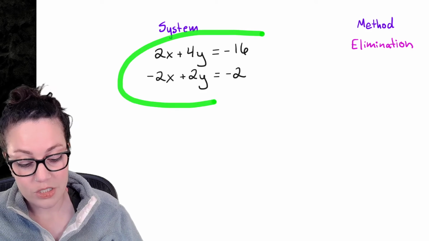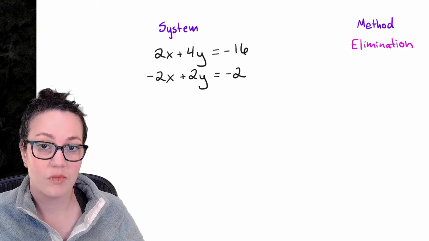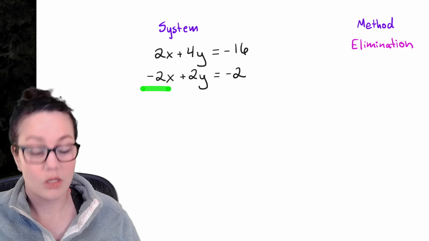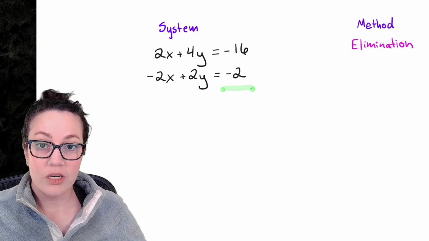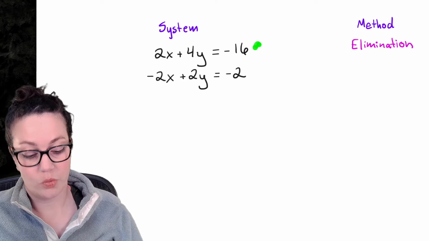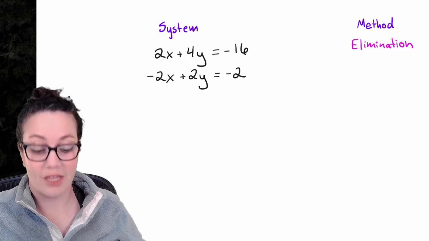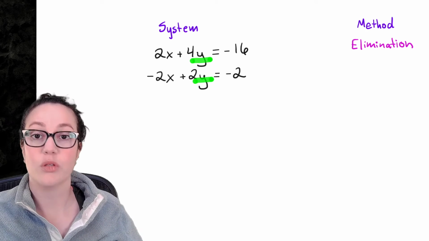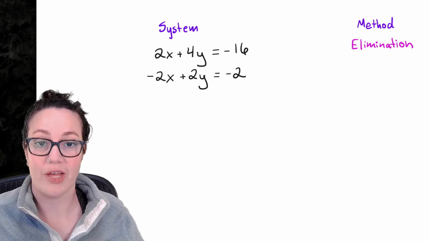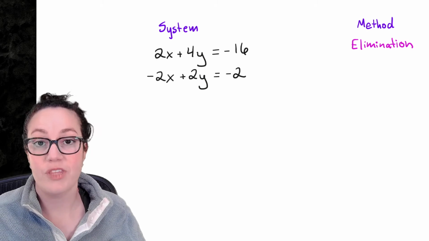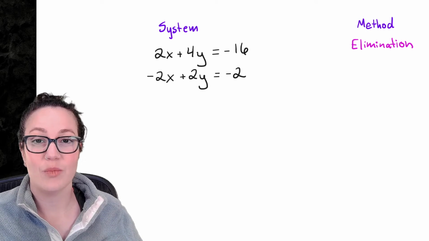So our system is 2x plus 4y equals negative 16, and then negative 2x plus 2y equals negative 2. I could isolate one of the variables in one of the equations and use substitution. I could also isolate y in both equations, and set those expressions equal to each other and use the equal values method. I could graph these and see where the lines intersect. But this is actually a system that is